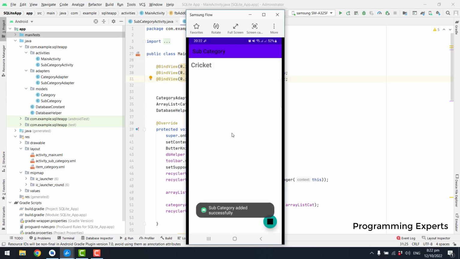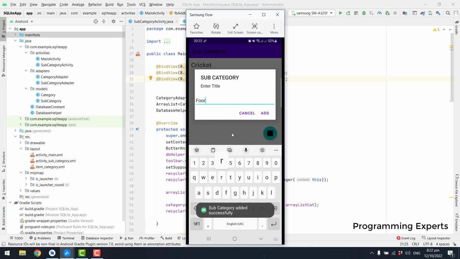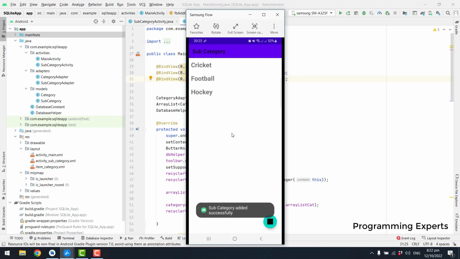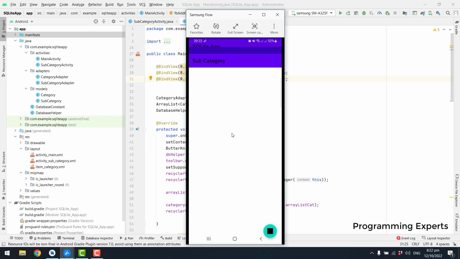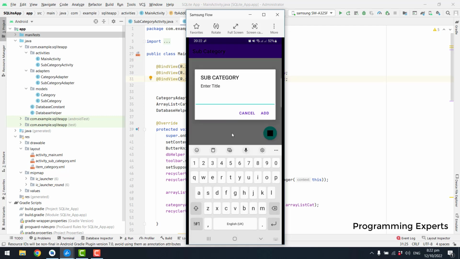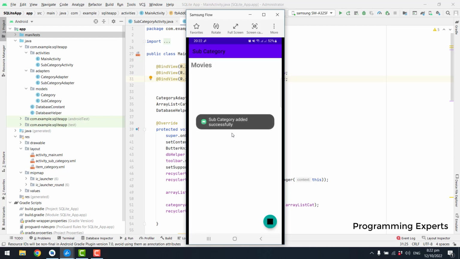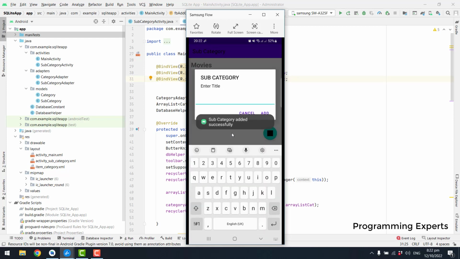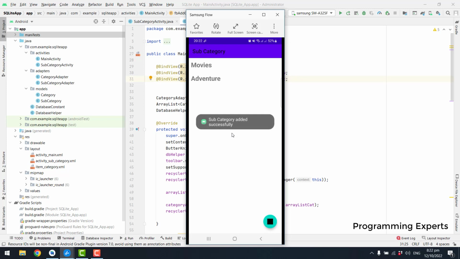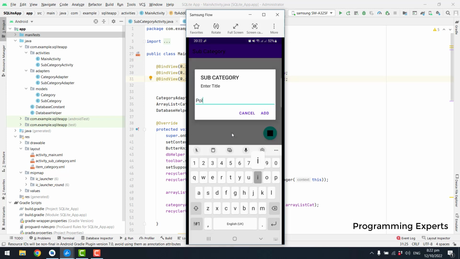Here we can see cricket, then we can say football, and then we can say hockey. So we have these subcategories of sports. Then we click on entertainment, and here we write movies, and we write something like adventure. Inside our news we can say political news,